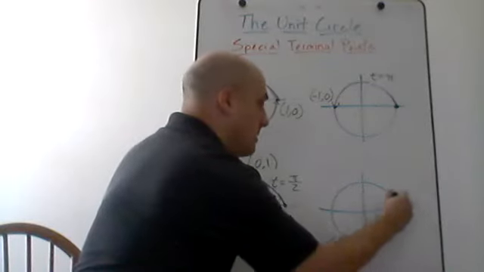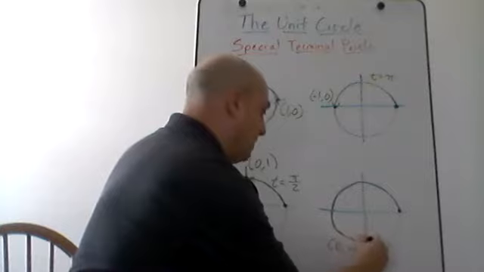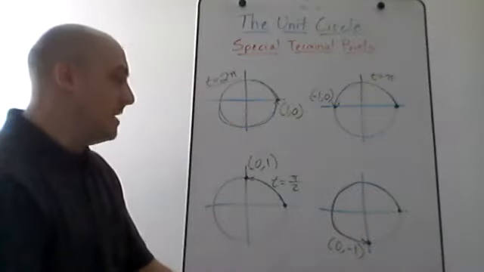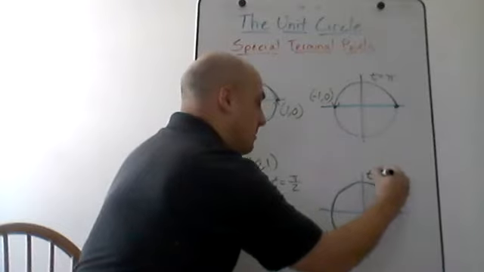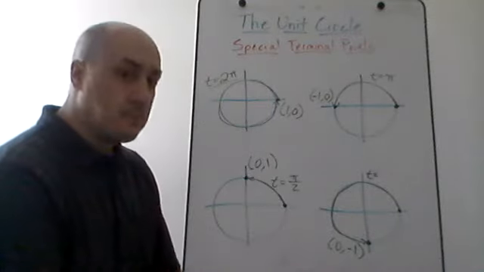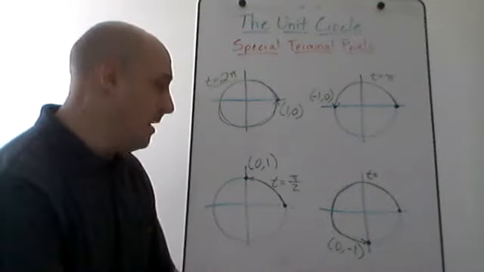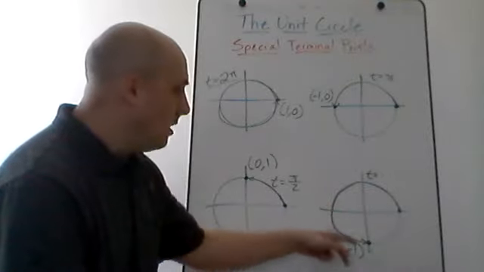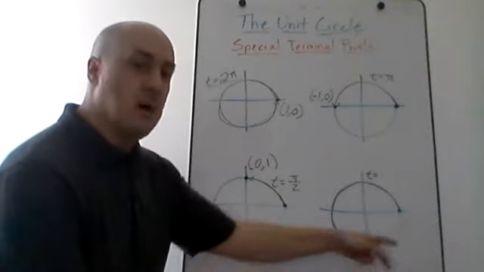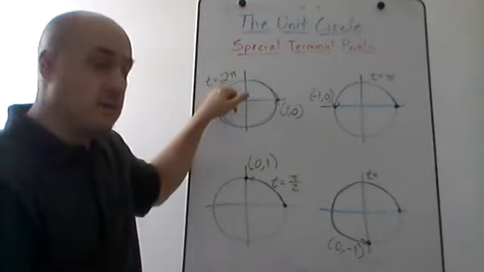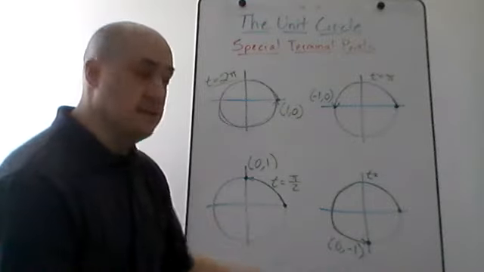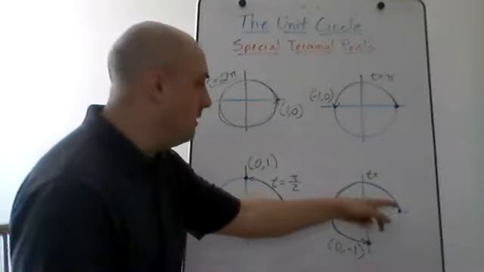The question now is, how far am I traveling around the circumference of the circle to get to that point? What is my t value that takes me to the terminal point 0, -1? And again, there's a couple ways you can think about it. Going all the way down to here, that's 3/4 of the circle. So if I do 2 pi times 3/4, that's going to give me that distance. Or you can think of it as pi,